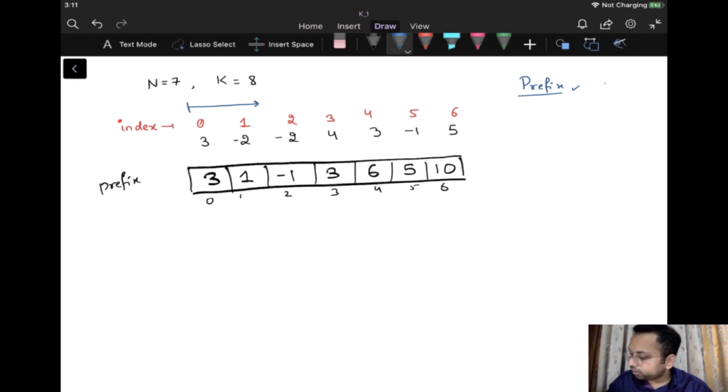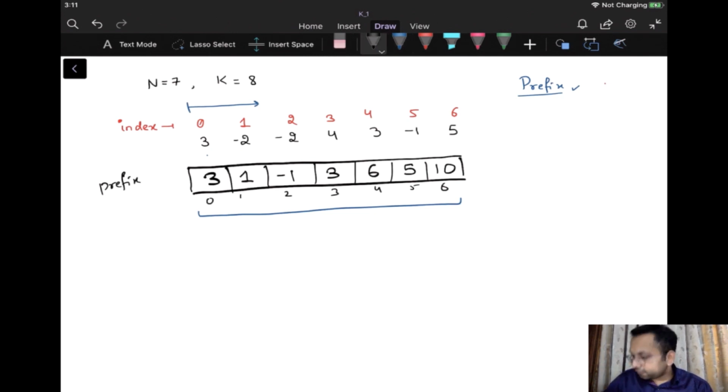So you can read about it. So this is the prefix sum array. If you will add all the elements continuously, it will be 3. If you subtract minus 2, it will be 1. Then if you subtract minus 2 again, it will be minus 1, and so on. So we have this array in which I have calculated the sum of all the elements, right?